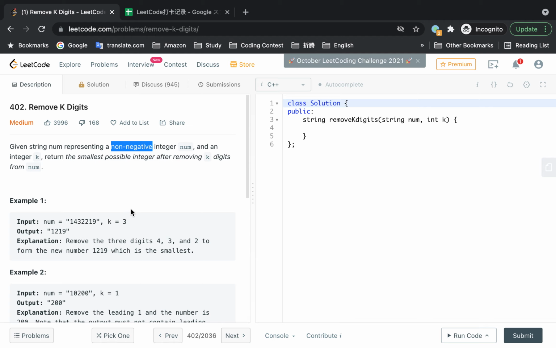So if you didn't solve similar problems, it's very difficult at the beginning, I think, although it's a medium problem. Let's find some operation from the example. If we need to remove 3,